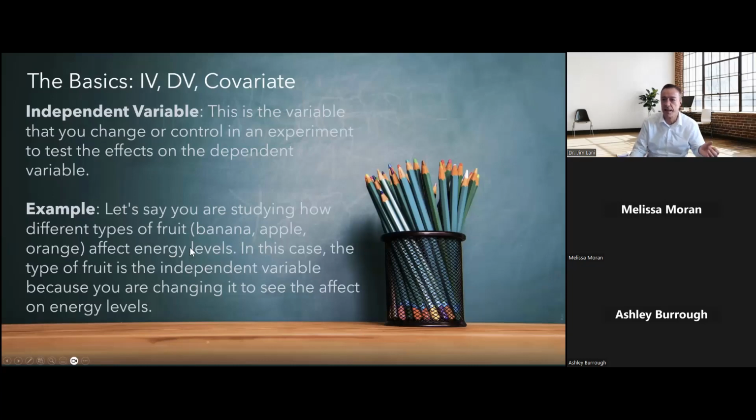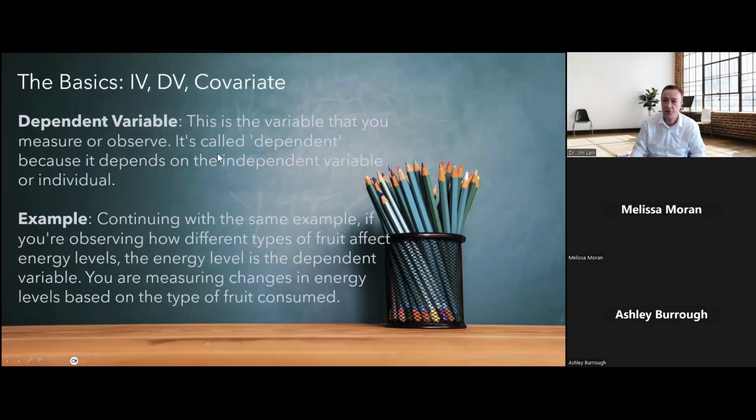And we're going to say, hey, is there different energy levels based on the type of fruit that you eat? So the dependent variable in this case depends upon the levels of fruit. So the dependent variable is the energy level that you might get,